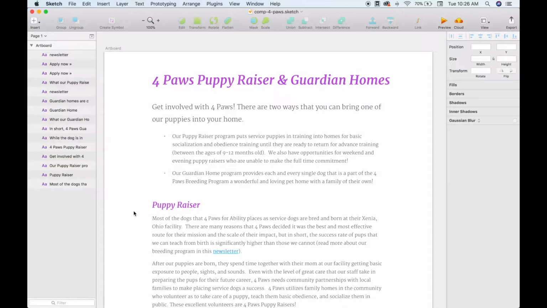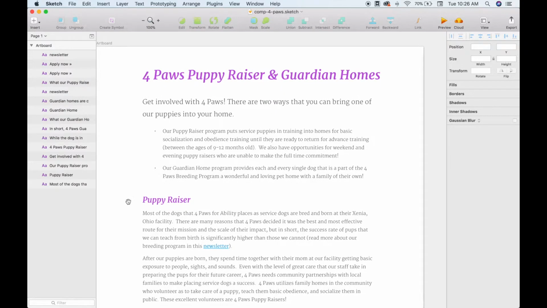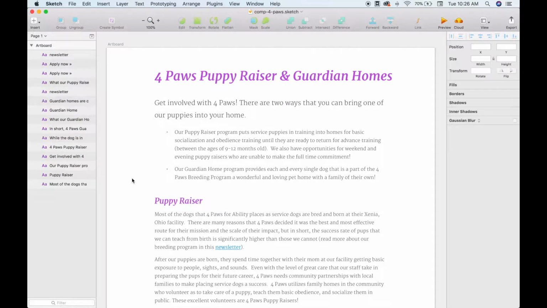What you need Craft for is, well, you don't even need Craft, but what's helpful about Craft is that it allows you to connect your Sketch to your InVision account so that you can upload deliverables, like for your project deliverables. Okay, so I've got an exercise file up here, but know that the real use is going to be